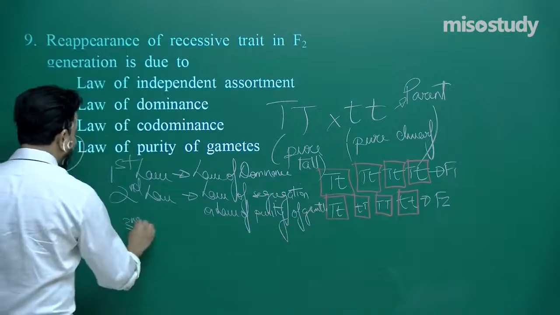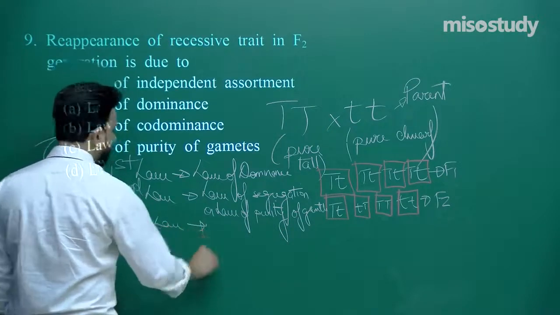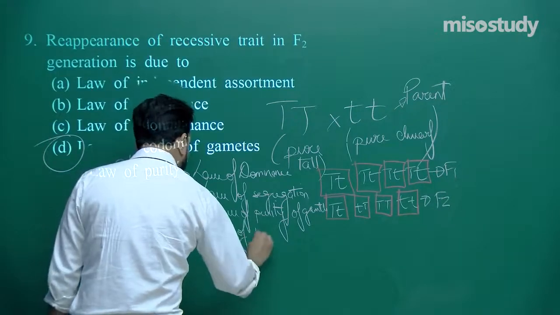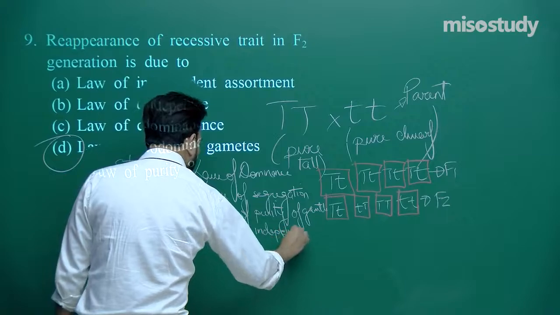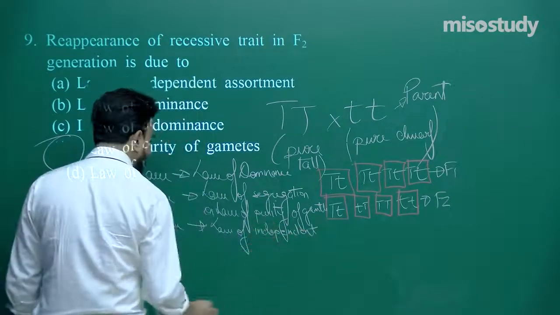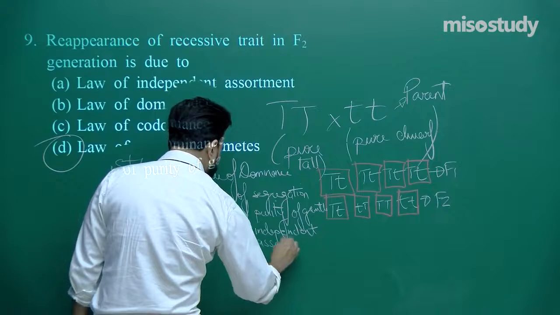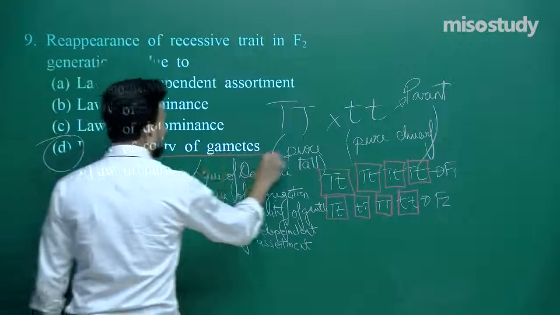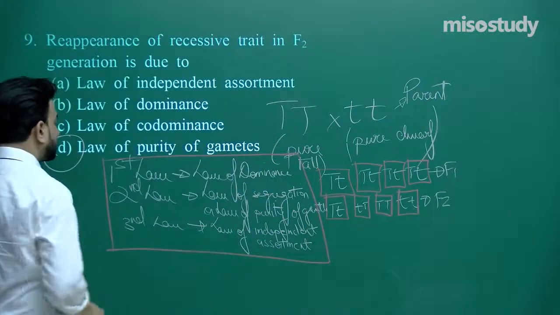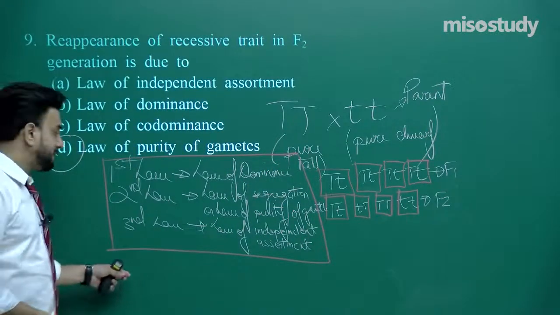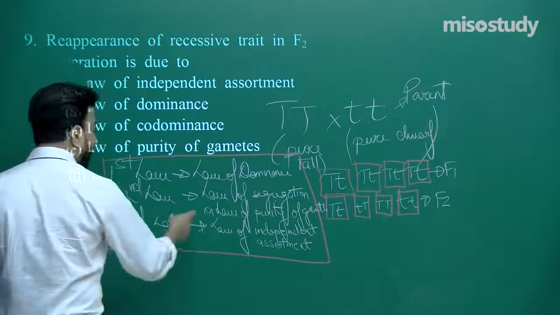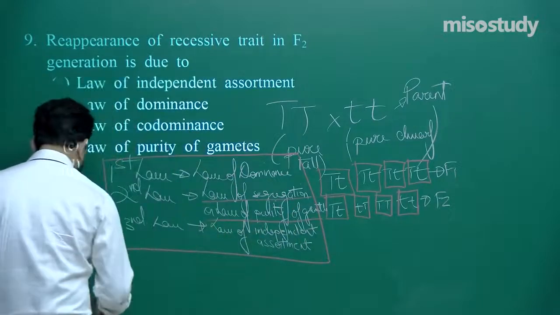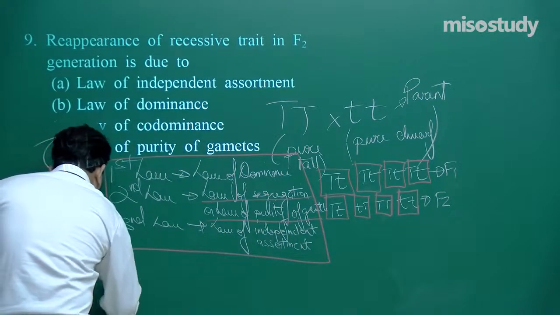And the third law is called the law of independent assortment. Now, what is the law of segregation or the law of purity of gametes? We will just see in one or two lines. Law of purity of gametes